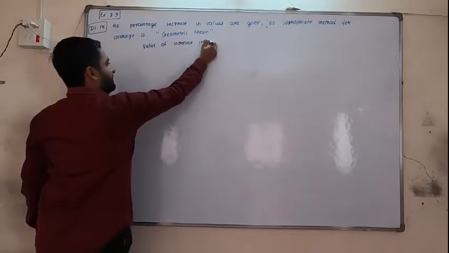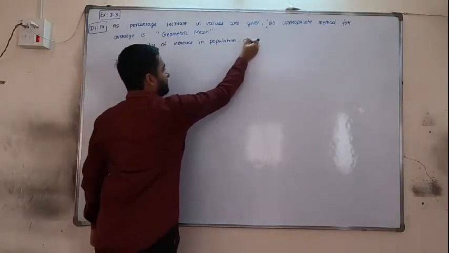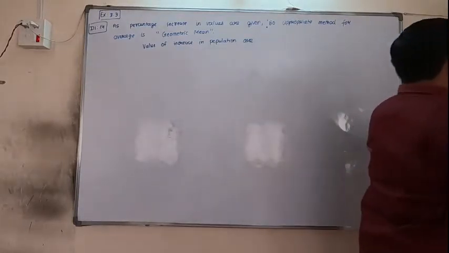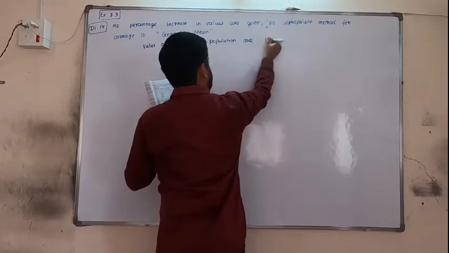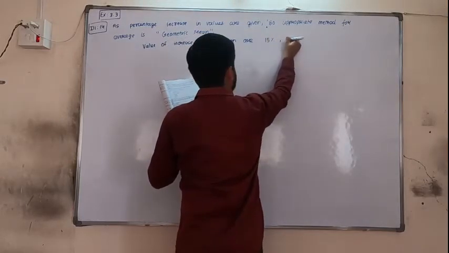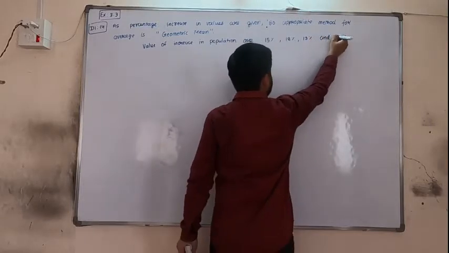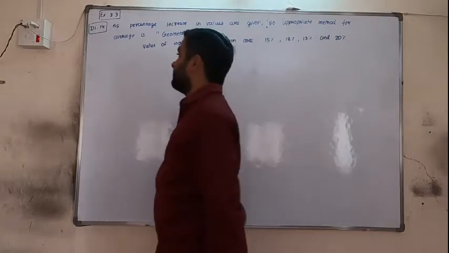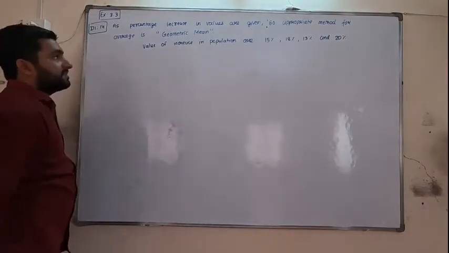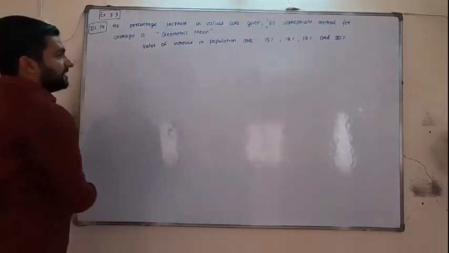Value of increase in population: 15%, 18%, 13% and 20%. The only difference in the question is that in the previous question percentage decrease was there. In this question percentage increase was there, so values of x